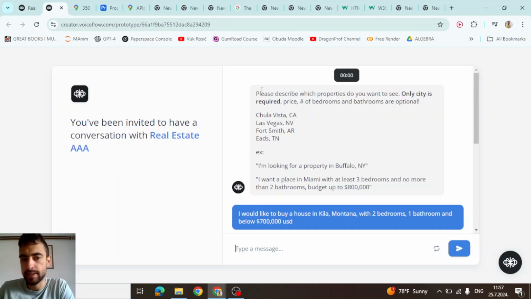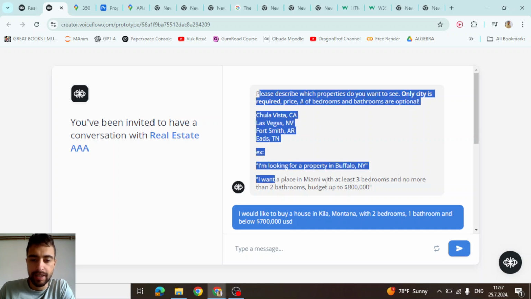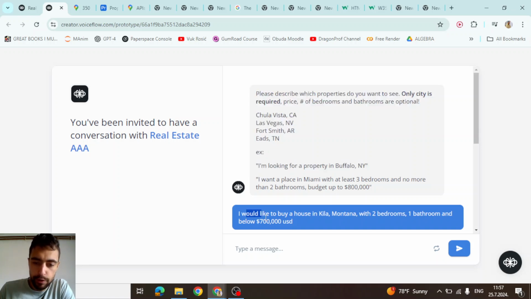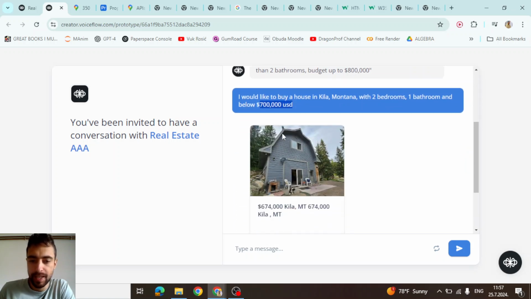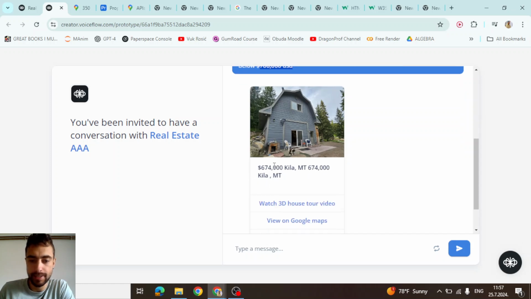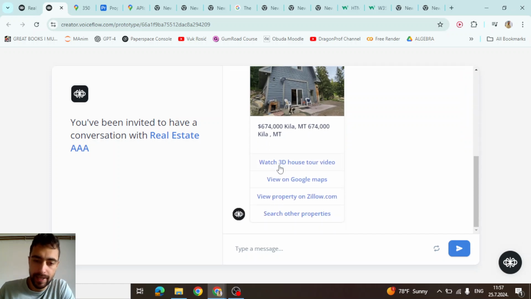So here we have this AI real estate chatbot that lets you say, I would like to buy a house in Kila, Montana with 2 bedrooms, 1 bathroom and below 700,000 USD, and it will find a property that's listed, and then we can say, am I